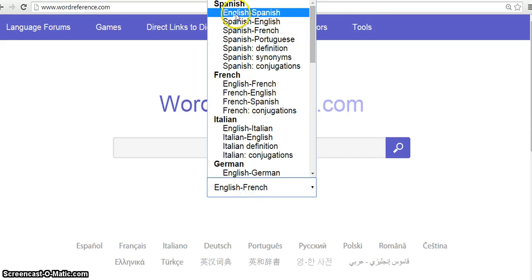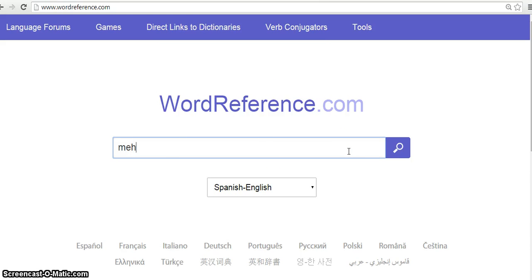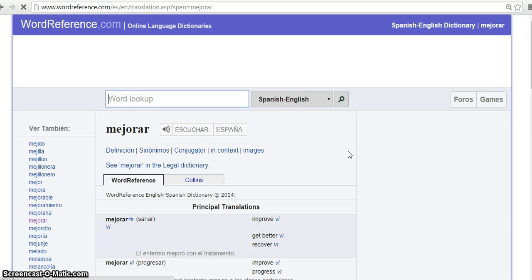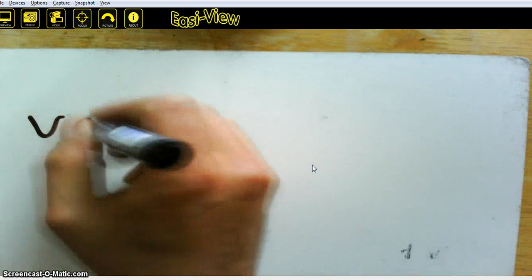So if I look onto here and I go into Spanish to English and then mejorar, like so. As I said, it's to improve. So that's what that needs to be. So if I go back onto this page, what I need to write down, and I'm going to do this onto my board that I've got ready. So instead of saying va a